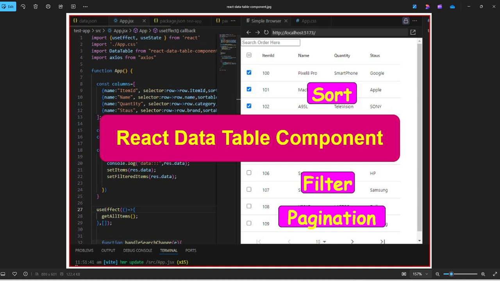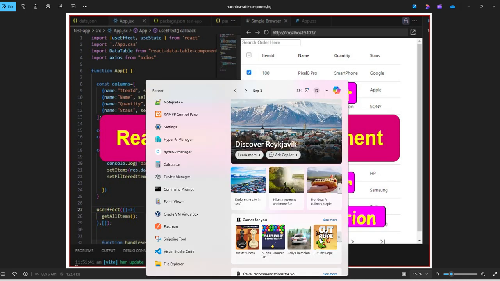And finally, on the front end, client side, we are going to create a React.js application which will retrieve the data from the backend application and render the data and columns in the table using this React Data Table component and the styled components library. So this is what we are going to cover in this video. Let us start with our first point, creating a database and table on the